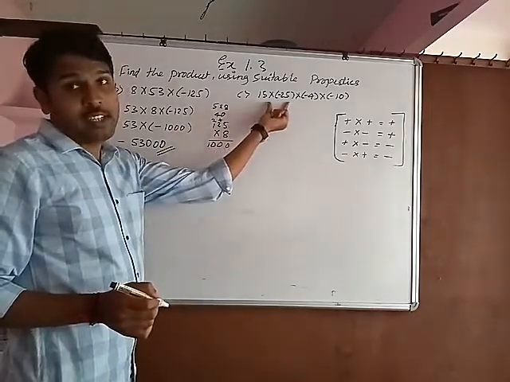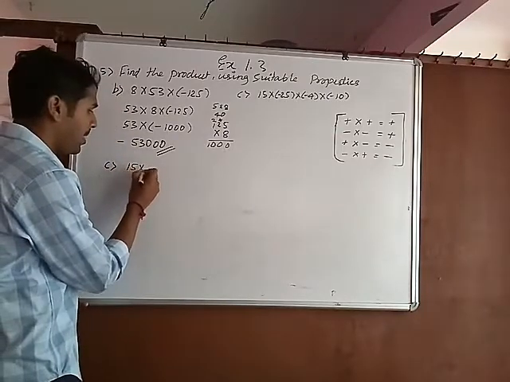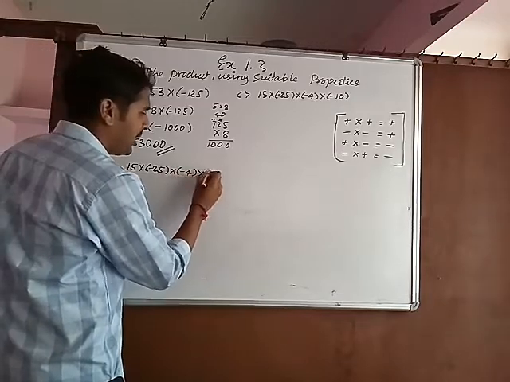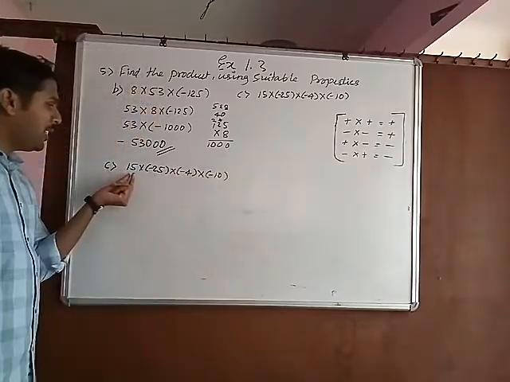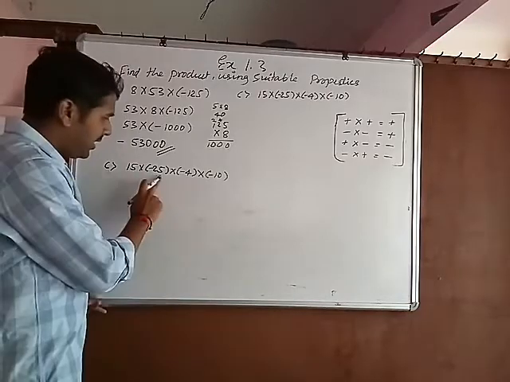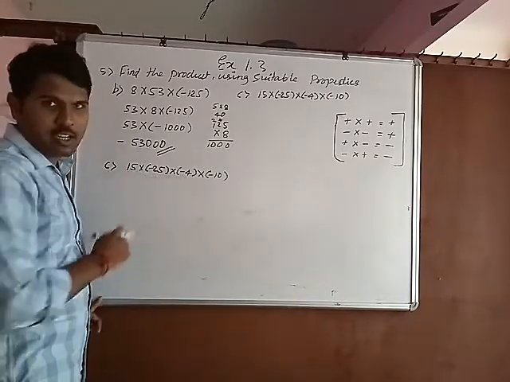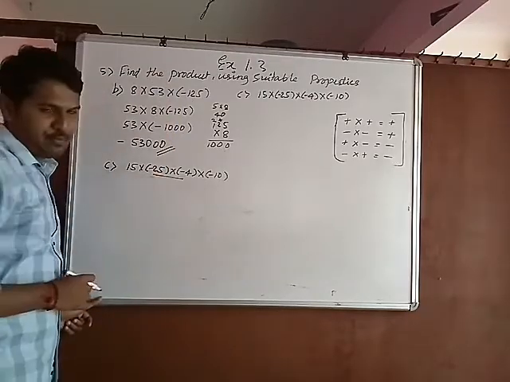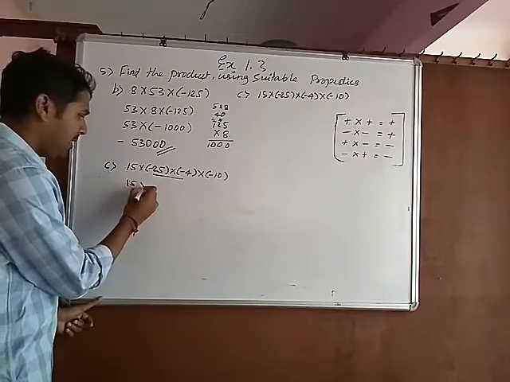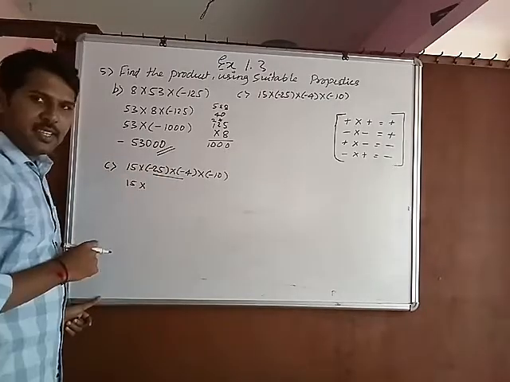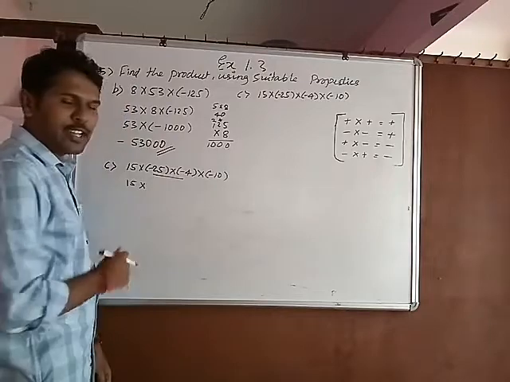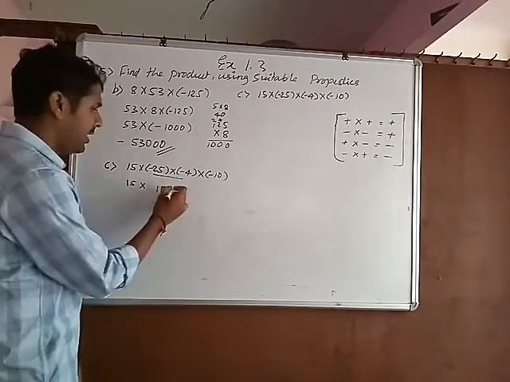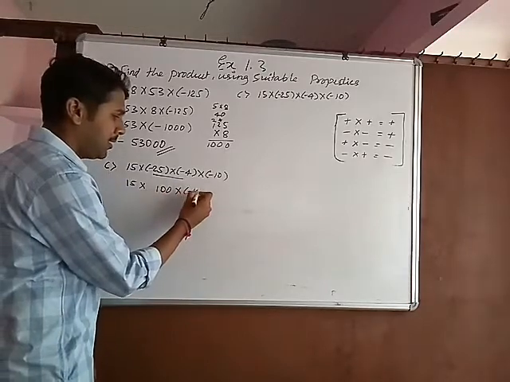15 into minus 25. First write down 15 into minus 25 minus 4 into minus 10. Don't multiply directly 15 into 25. Just see here. Here 5 is there. Here 4 is there. 5 4s are 20. No, you will get the 0 in the unit place. So first multiply these two. So 15 as it is into minus 25 4s are how much? 100. You should remember the tables. 100 into minus 10 as it is.